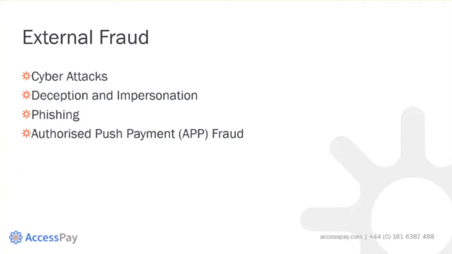There's also external fraud. This includes things such as cybercrime. I think most people will remember WannaCry, a piece of ransomware that was released in May last year. There's also deception and impersonation. Many of you will have heard of Frank Abagnale Jr., who was from the film Catch Me If You Can. There are also many examples of managerial impersonation. This is where a fraudster impersonates a senior employee, often the CEO, and will pressure a more junior member of staff to pay an urgent invoice that has been overlooked. Phishing is another common area. This is where a fraudster attempts to obtain sensitive information, often by disguising themselves as a trustworthy entity, often via phone calls or covertly redirecting using a seemingly trustworthy link. There's also authorized push payment fraud, which we're going to talk about a little more later.